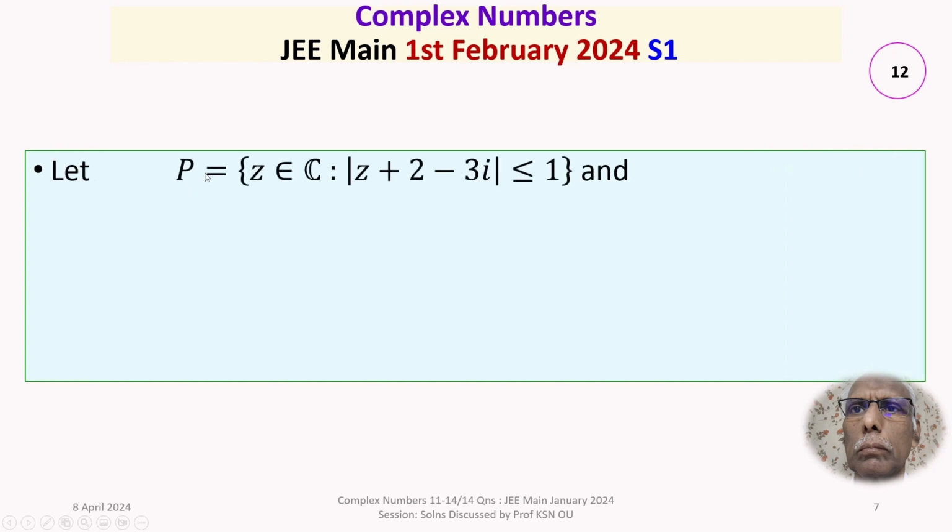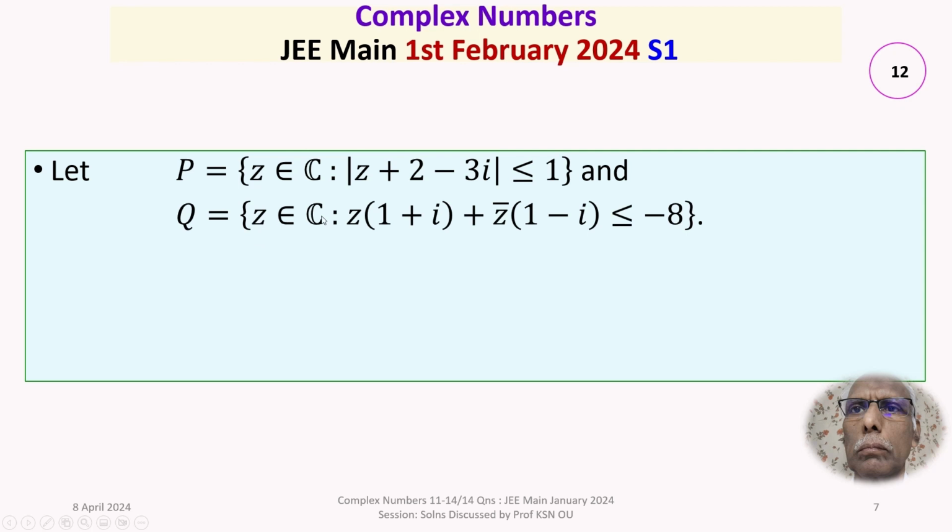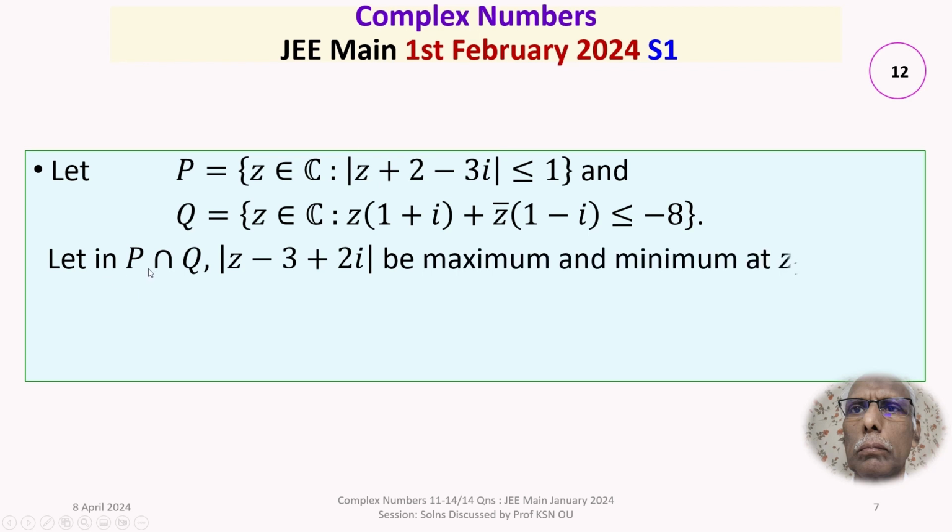Let capital P be the set of z belonging to C such that modulus of z plus 2 minus 3i is less than or equal to 1, and Q is the set of all z belonging to C such that z times (1 plus i) plus z bar times (1 minus i) is less than or equal to minus 8. Now let in P intersection Q, mod of z minus 3 plus 2i be maximum and minimum at z1 and